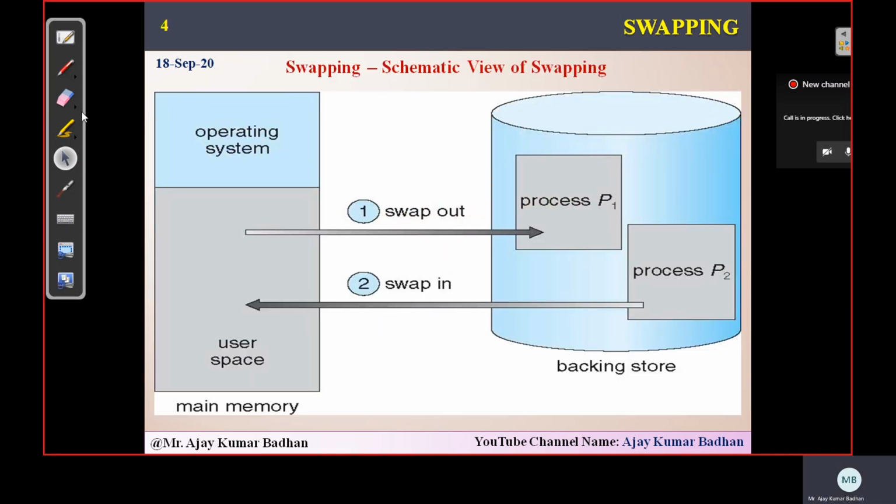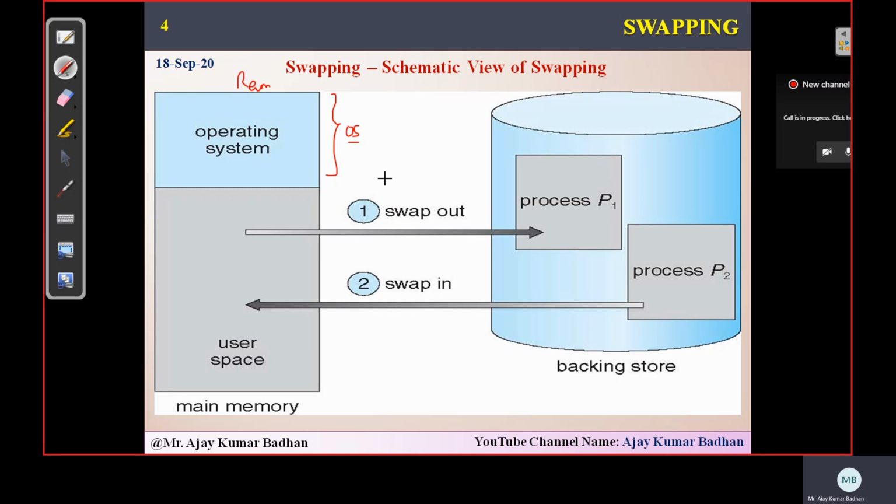Yeah, this is the diagram. If you observe here, let me take some time to explain. This is your RAM, main memory. Don't forget, I will be using mostly memory and main memory, so you can simply assume that main memory is nothing but your RAM. If you observe here, some portion is being occupied by this particular operating system.